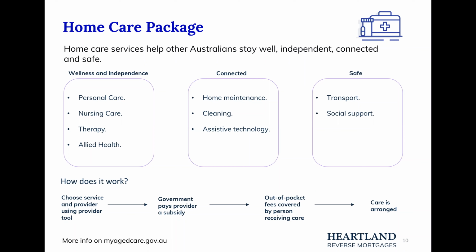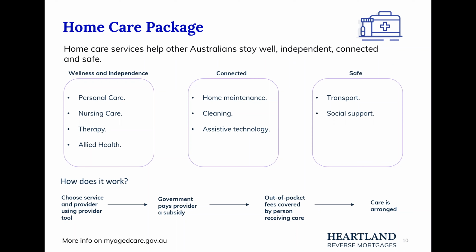It includes access to audiologists, chiropractors, dietitians, occupational therapy, exercise, etc. So that's one big part of it. Home maintenance and cleaning within the home, and of course assistive technology as well. So provision for scooters, walkers, canes, and crutches. Also, they provide a means of transport and also social support. I thought it should be important to mention though, home care packages usually do not include a subsidy for items purchased out of general income.